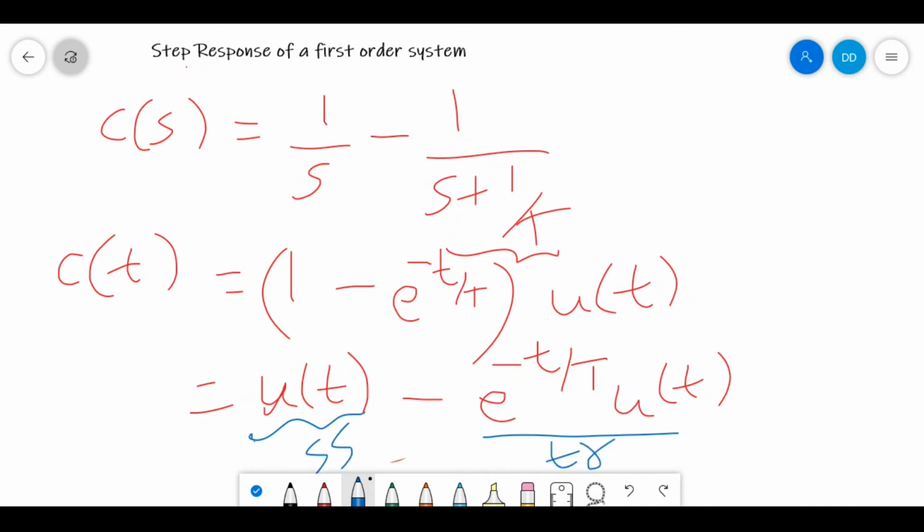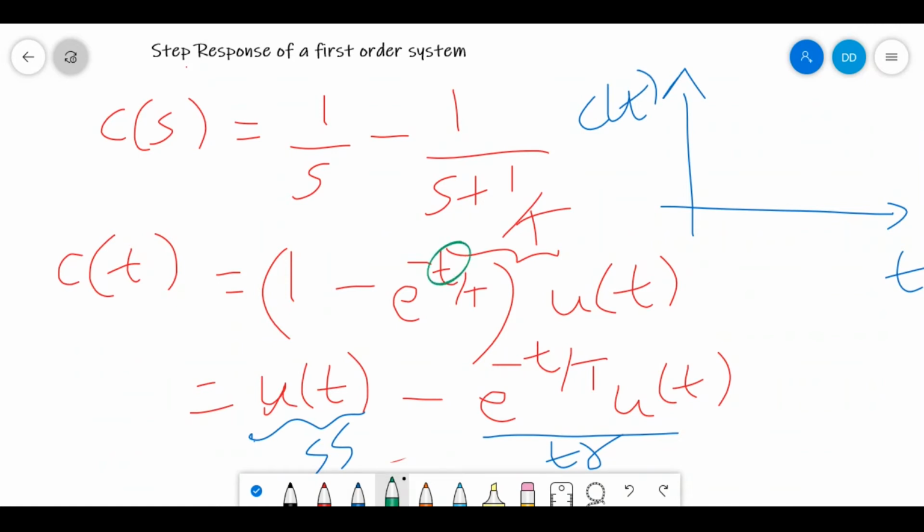So the response, if we plot, we get this is t, this is c of t. When t is equal to 0, we get a value as 0. Next, as t approaches infinity, the final value we get is 1. So it is increasing and finally reaching a value equal to 1. This is what the response to a unit step input is. It finally attains the steady state value of 1. Next we will see the ramp response for a first order system.